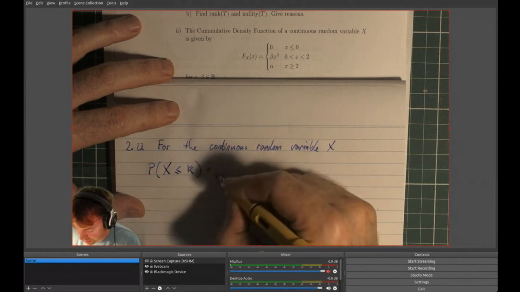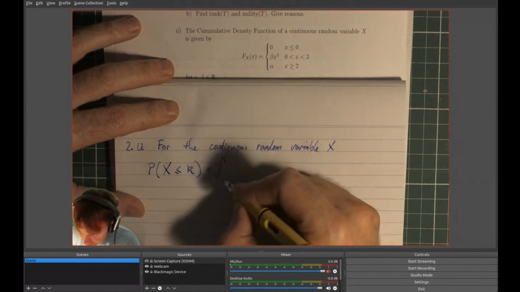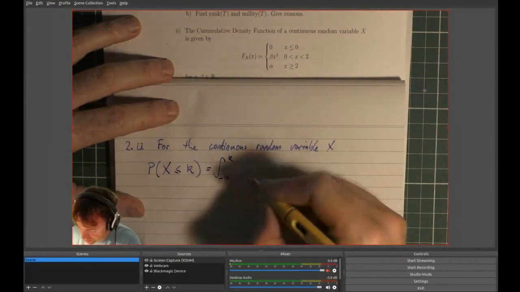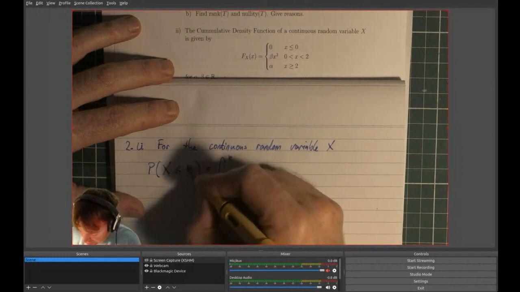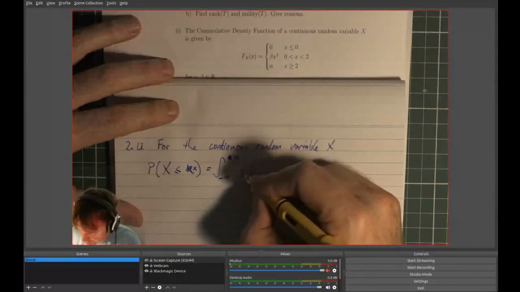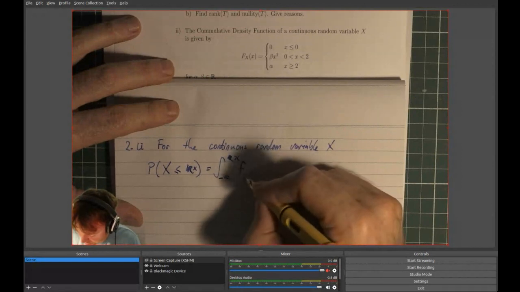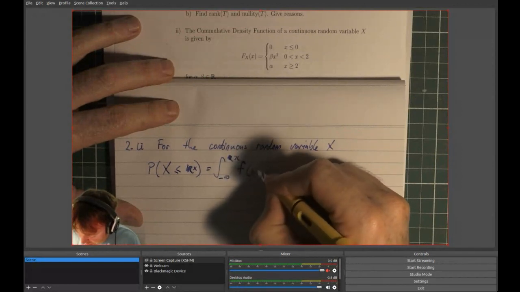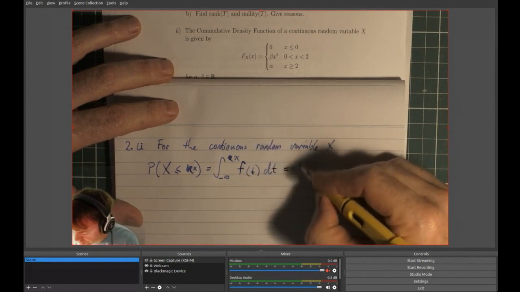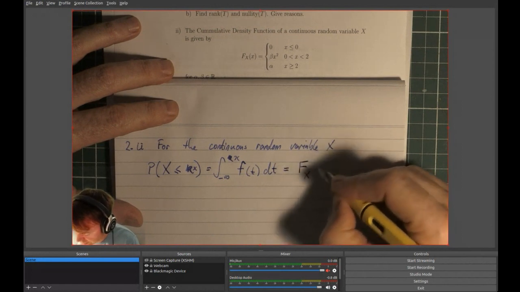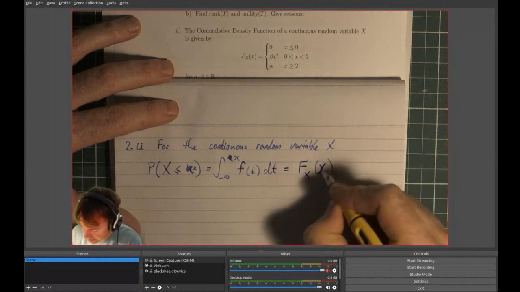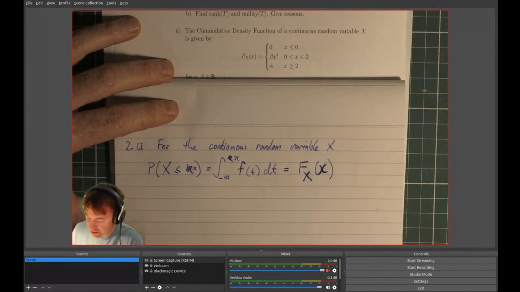is equal to the integral, not the sum as in discrete random variables, but the integral from negative infinity to k of the, actually I might change that to an x just to be consistent, x of all the probabilities up to that point. So that's little f of t dt, which is equal to the cumulative density, capital X of x. So I'm gonna italic x for little x, capital X for random variable x,